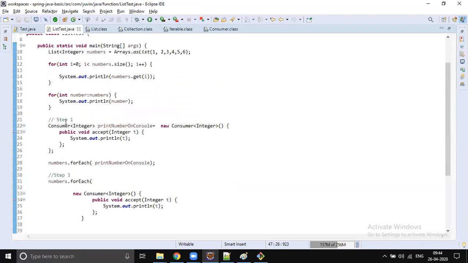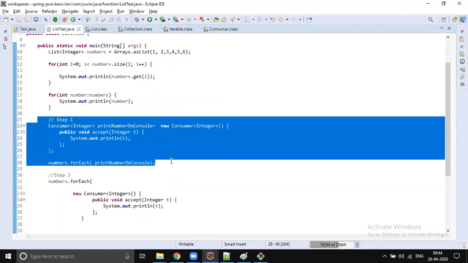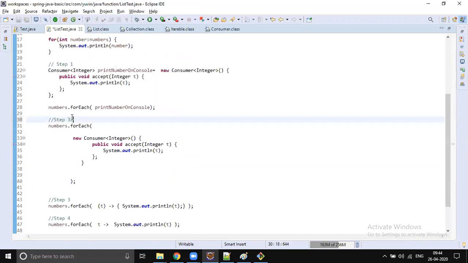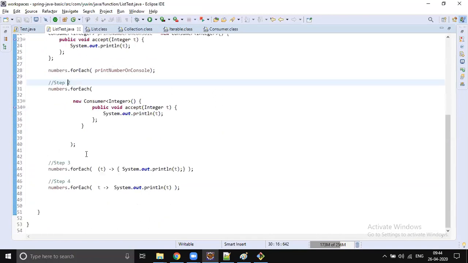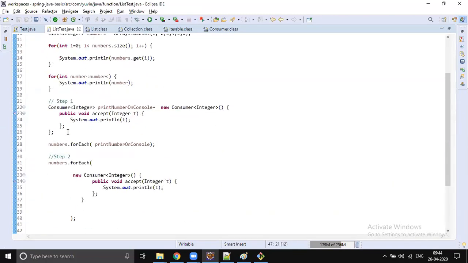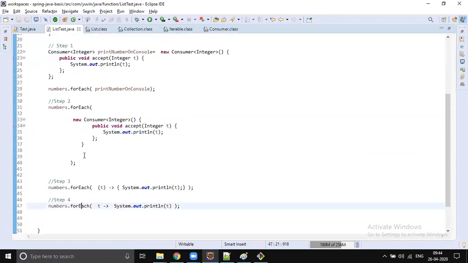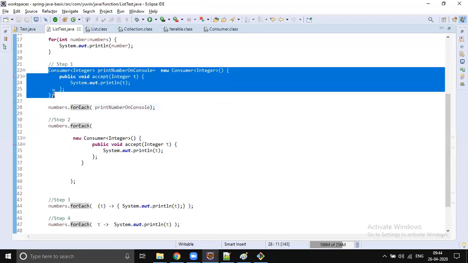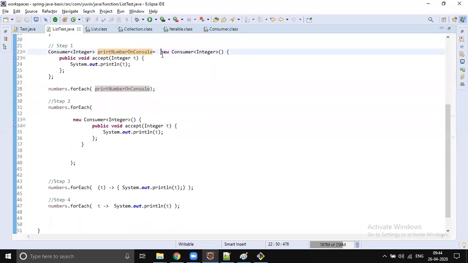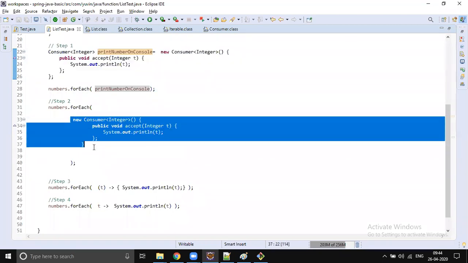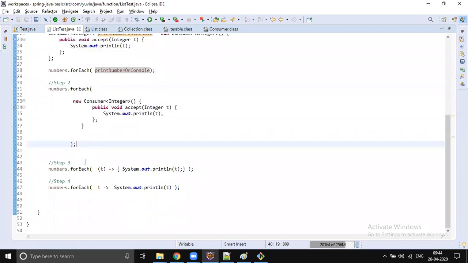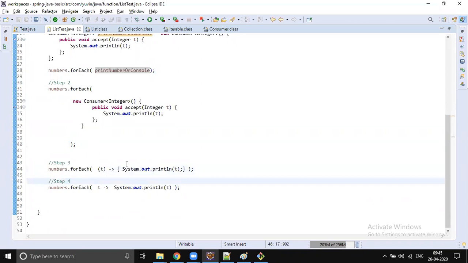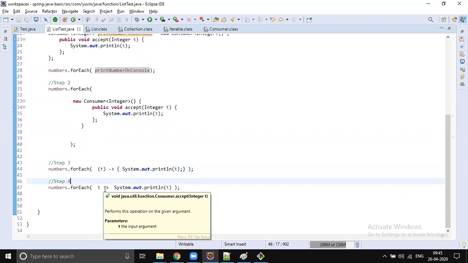Right? You're not supposed to do this. For learning purposes it is acceptable, but in your project, whenever you are writing code, you have to do something like this. So how did this get converted into this? We converted it step by step, right? Step 1, we created a consumer and passed it. Step 2, instead of creating it separately and passing it as an argument, I directly created the consumer inside the method call itself. Step 3, converted this anonymous inner class to a lambda expression. Step 4, the most simplified version of the lambda expression.